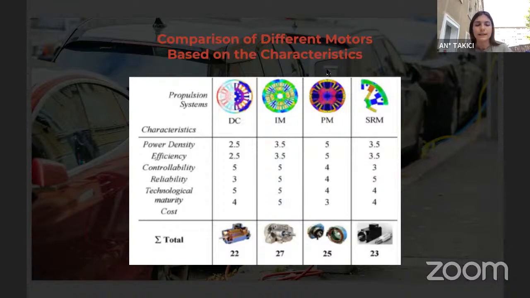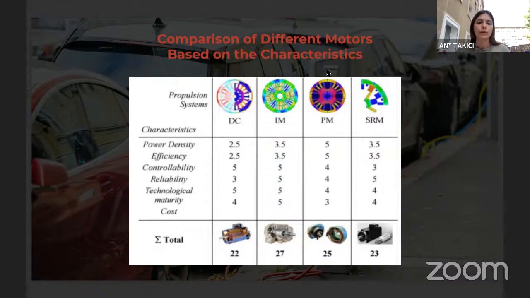Controllability: direct current and induction motor have the best rate in controllability and reliability. Induction motor and permanent magnet motor are really close. Also, switched reluctance motor has the highest rate for reliability. After that, technological maturity is really close for each of them, 5, 5, 4, 4, and the cost one